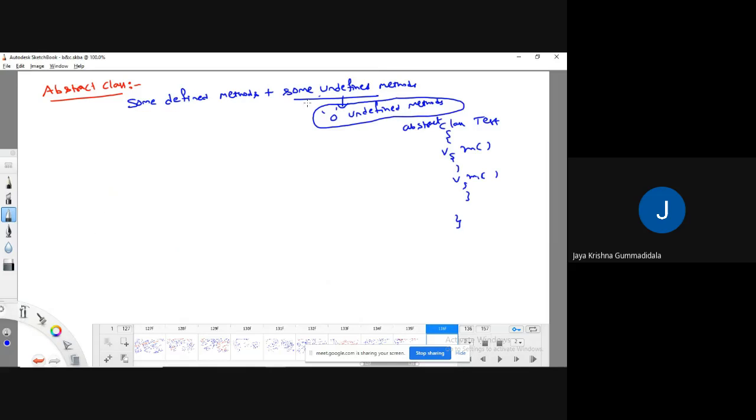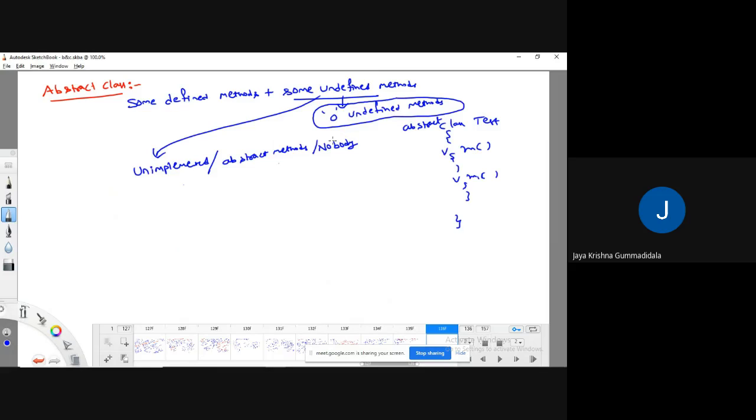Undefined methods means unimplemented methods, or we can call them abstract methods. Undefined methods are called unimplemented or abstract methods, the methods which are not having any body.